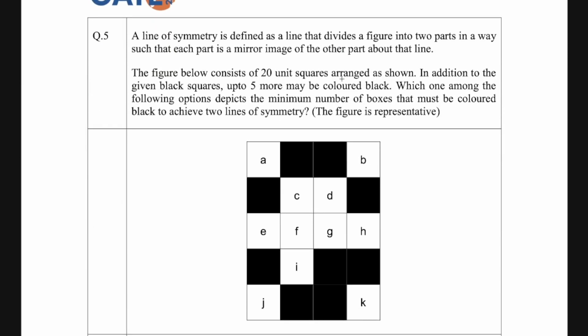It says that a line of symmetry is defined as the line that divides the figure into two parts in a way such that each part is a mirror image of the other part about that line. The figure below consists of 20 squares arranged as shown over here. In addition to the given black square, up to 5 more may be colored black. Which one among the following options depicts the minimum number of blocks that may be colored black to achieve two lines of symmetry? Now understand that this particular question is very similar to what we have done in the previous